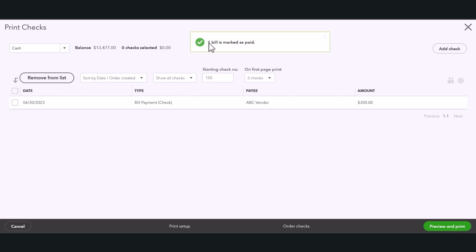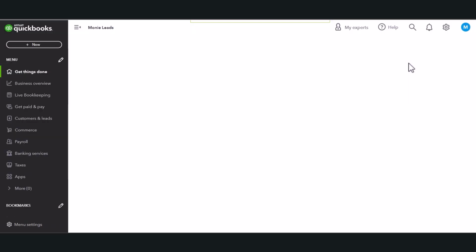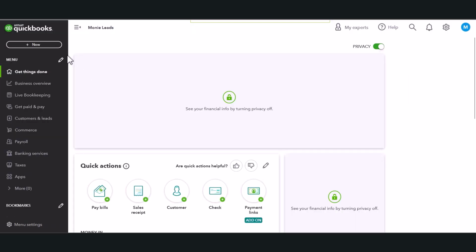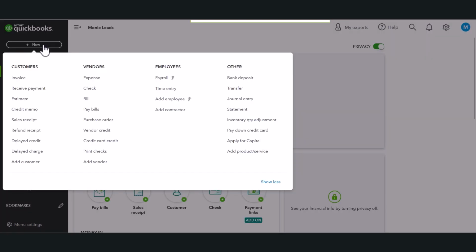It says you've marked one bill to be paid. And if you notice here, what it does is it populates to the print checks page. This is physically where you can print the checks, but what I want to do is just show you, if you accidentally get out of here, how can you access that screen again so you can physically print your